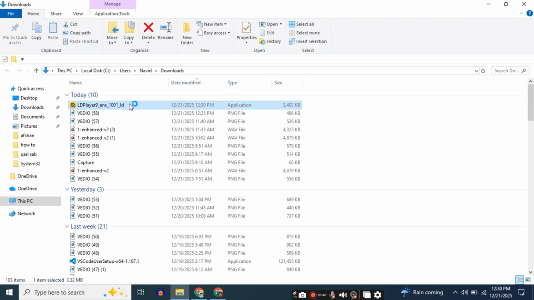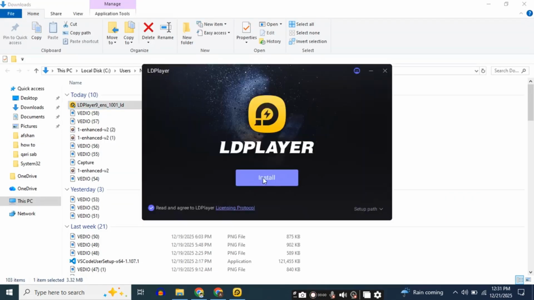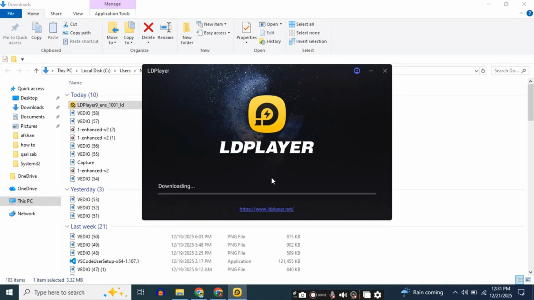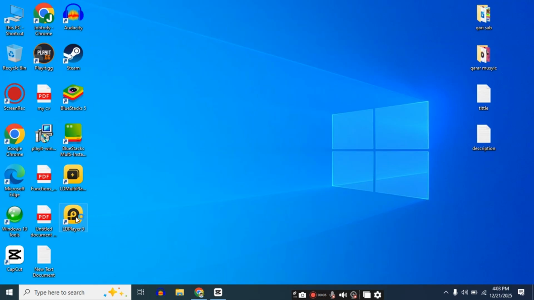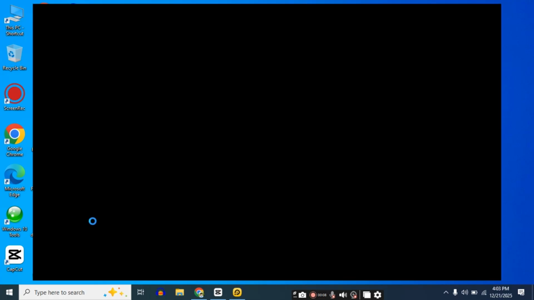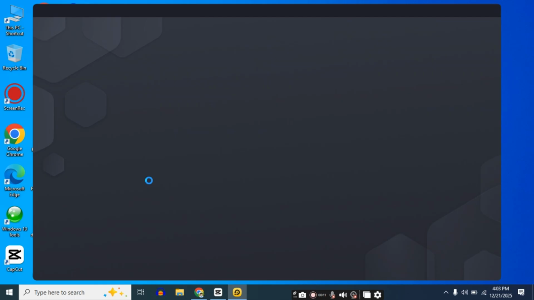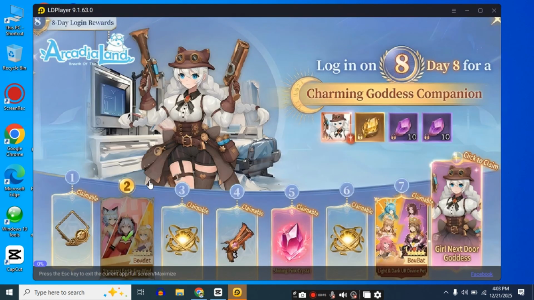And this is the LDPlayer setup. Double click this and click install, and that's it, LDPlayer installation will start. Please wait. And then installation is completed, and go to the desktop and open LDPlayer. And that's it. You've successfully installed LDPlayer on your PC and can now run all your favorite Android apps and